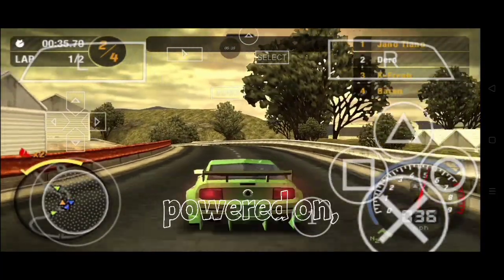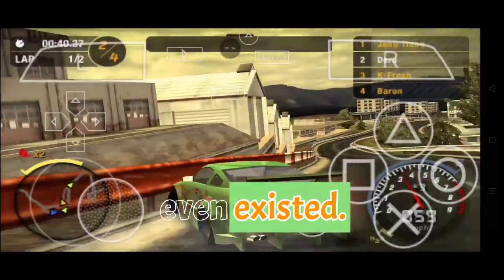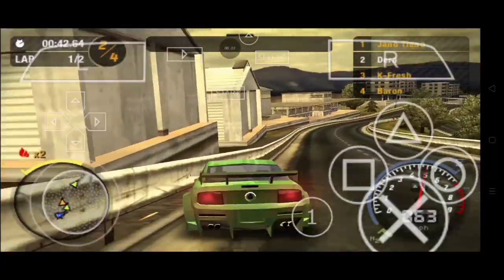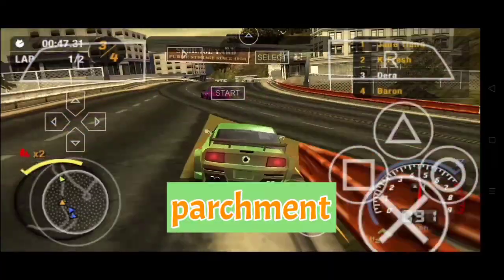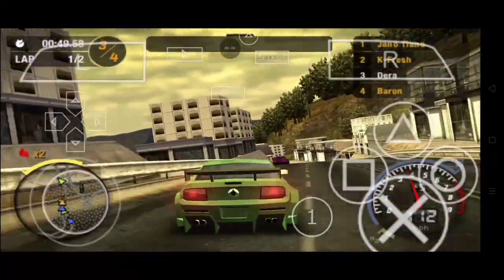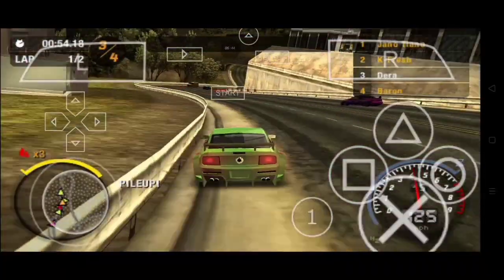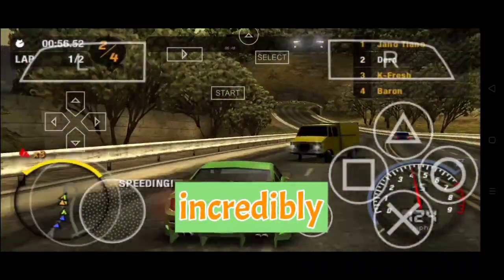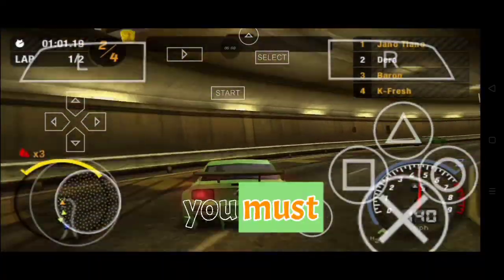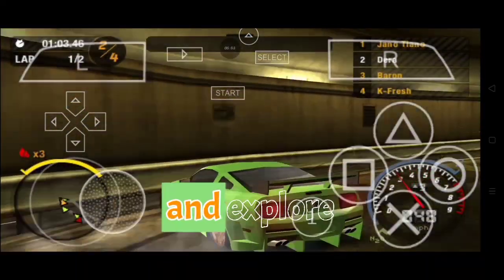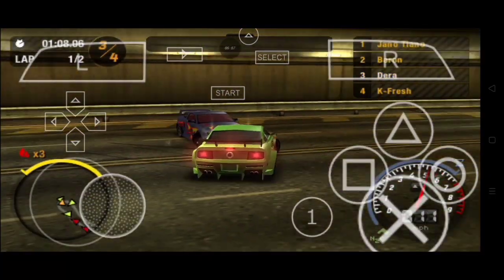Long before Unreal Engine, Unity, or Godot even existed, the world's most brilliant system designers were working with nothing but wood, carved bone, parchment paper, and raw mathematical probability. If you want to understand why your favorite modern games' mechanics feel so incredibly addictive, fair, and structurally satisfying, we must step entirely away from the screen and explore the deep, forgotten history of analog game loops.